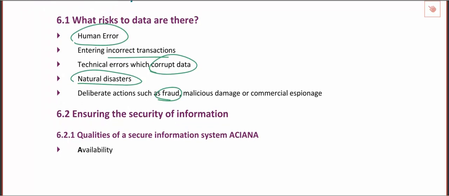Okay, we've got another set of qualities. We've looked at what makes good information, we looked at what makes good processing. Now we're going to think about what gives me a secure system, and we used ASIANA to remember that. So another way for you to remember. Okay, so first of all, availability. You need to be able to access information. You could absolutely have a very secure system if nobody could ever access it, but you absolutely have to be able to access the info, otherwise it's not a very good system at all.